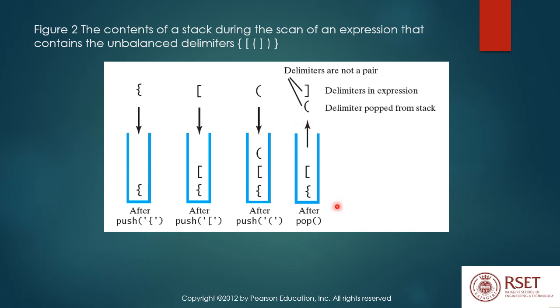The second case is where your expression does not have balanced parenthesis. Even though the count is correct, the number of opening brackets and the number of closing brackets are equal, the order is not correct, right? There is a slight difference in these two. You are supposed to find a closing round bracket first and then the square bracket, but that has changed. An error can definitely occur. So a stack will help you identify that error.